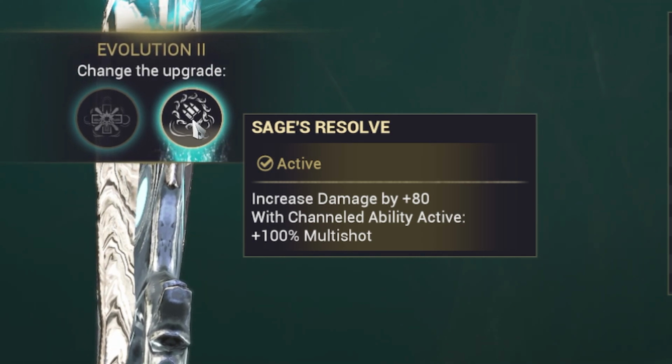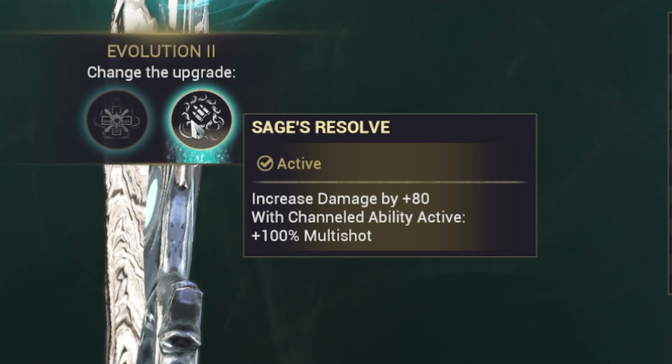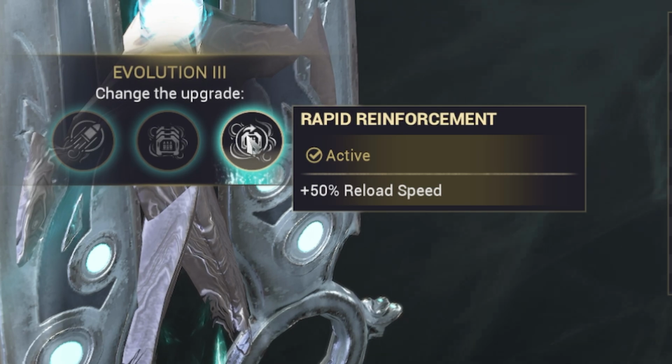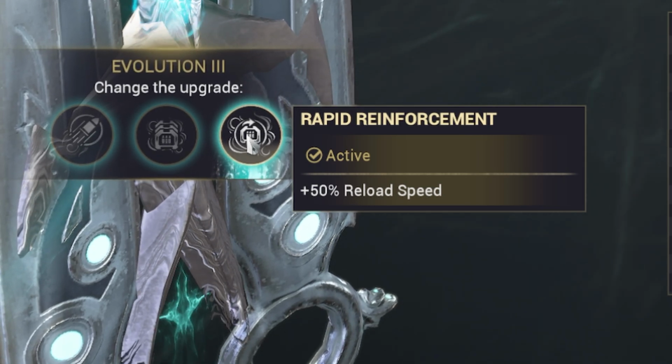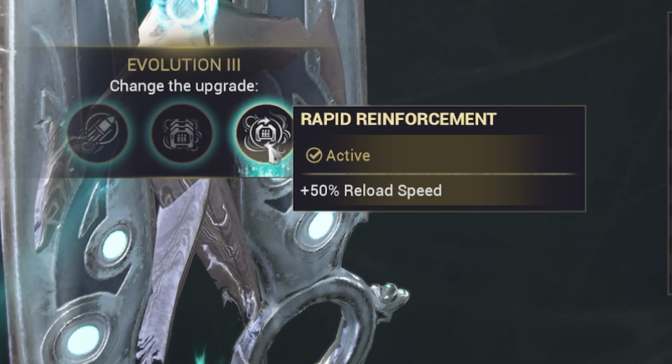This is the one I use, and I'll explain why. It's tedious, I know, but it's fun. And we love big damage, don't we? Evolution 3 is projectile speed, increased magazine capacity, and then reload speed. Honestly, I say choose between reload speed and projectile speed because you basically fully charge your Incarnon form with one